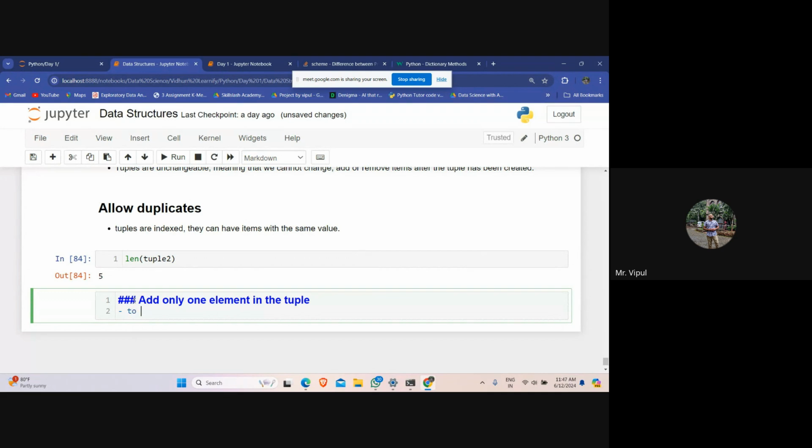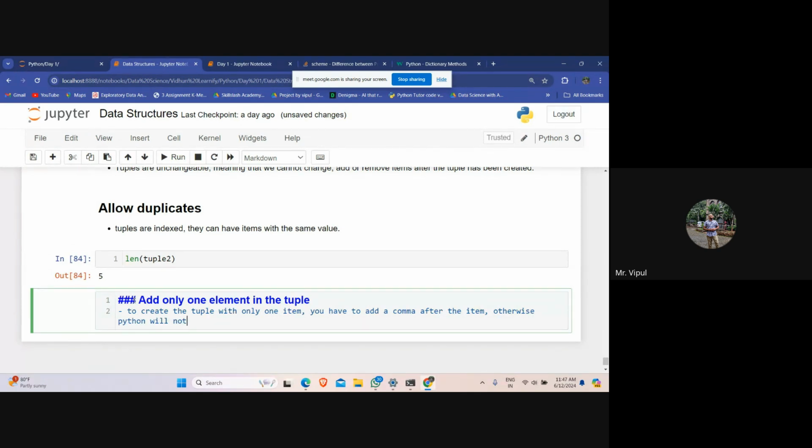To get a tuple with only one item, you have to add a comma after the item. Otherwise, Python will not recognize it as a tuple.